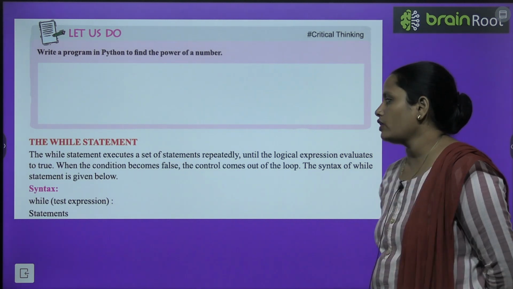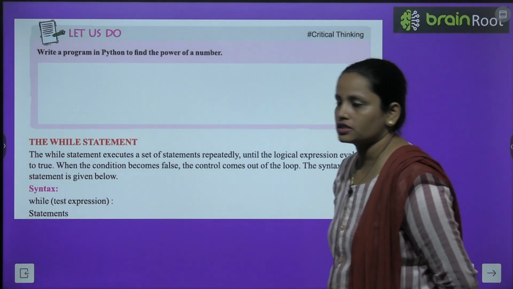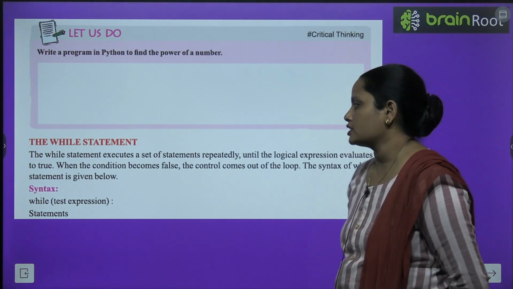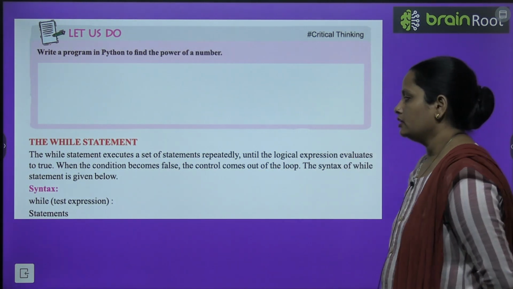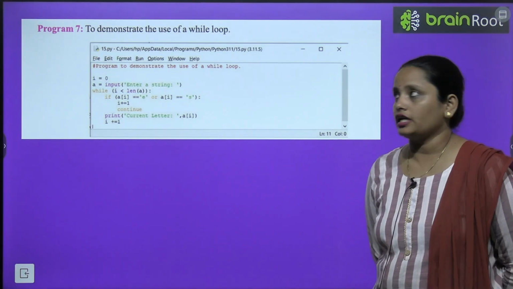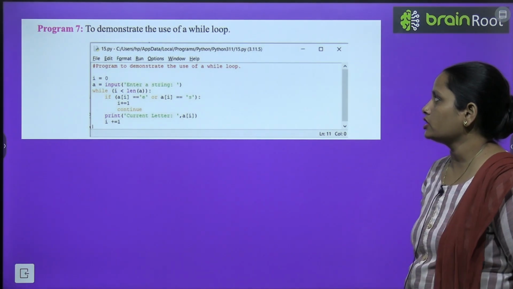The syntax of while statement is given below. यहाँ पे syntax दिया गया है while statement का और वो syntax क्या है? while test expression, and then the statement. So here let's take a look at the next program to demonstrate the use of while